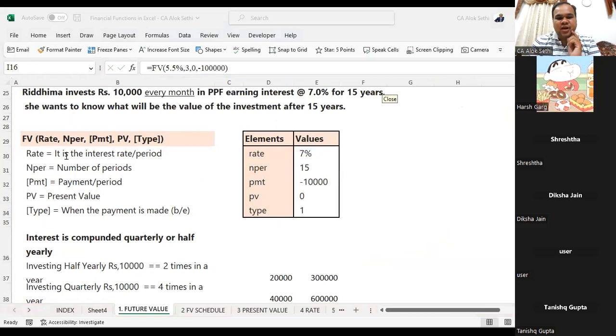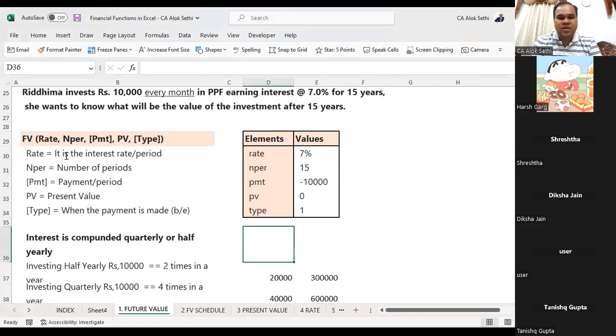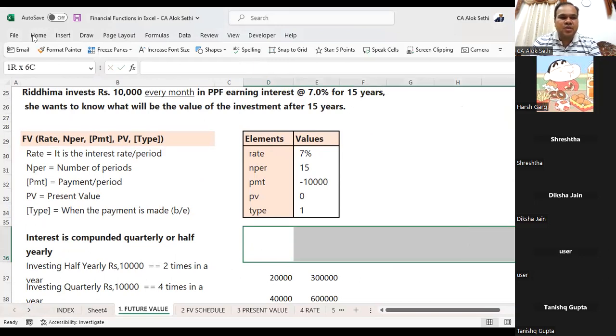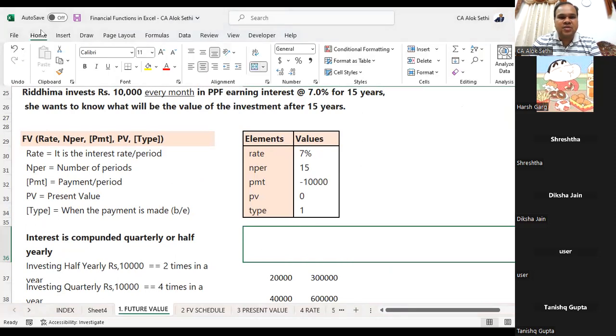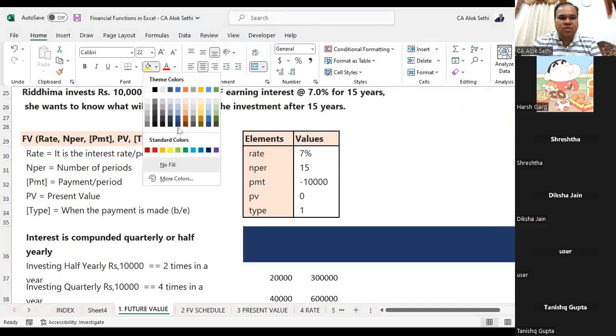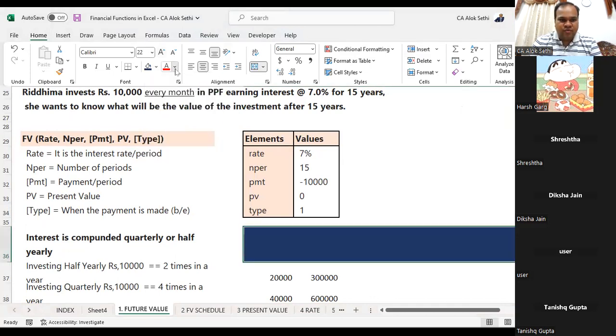ठीक है, चलिए अब मैं यहाँ पे एफ वी का फॉर्मूला लिखने वाला हूँ आप लोगों के लिए. एफ वी, ठीक है. And let me just merge the cell so we can see it properly. इसको हम होम में जाएंगे, मर्ज एंड सेंटर करेंगे और यहाँ से साइज इंक्रीज कर देते हैं. ठीक है, और इसके पीछे बैकग्राउंड कलर लगा देता हूँ और इसके फॉन्ट का कलर व्हाइट कर देता हूँ. ठीक है, अब हम यहाँ पे लिखेंगे एफ वी का फंक्शन. एफ वी